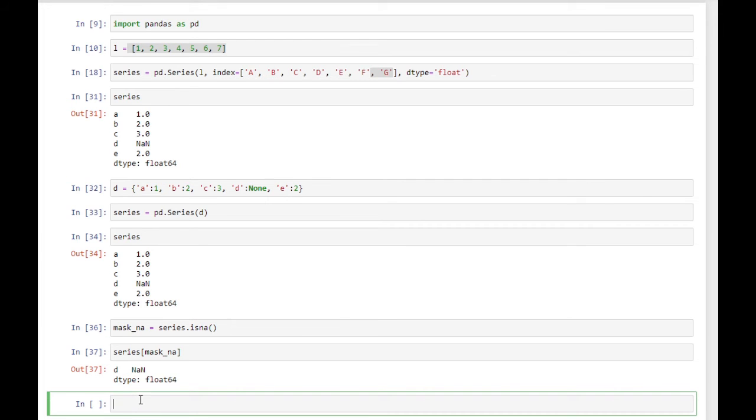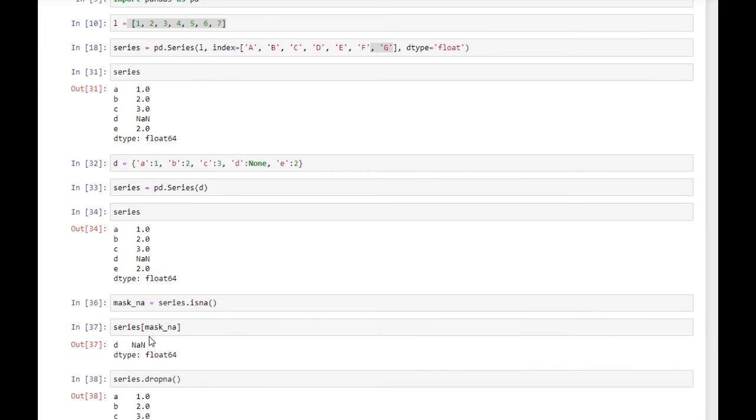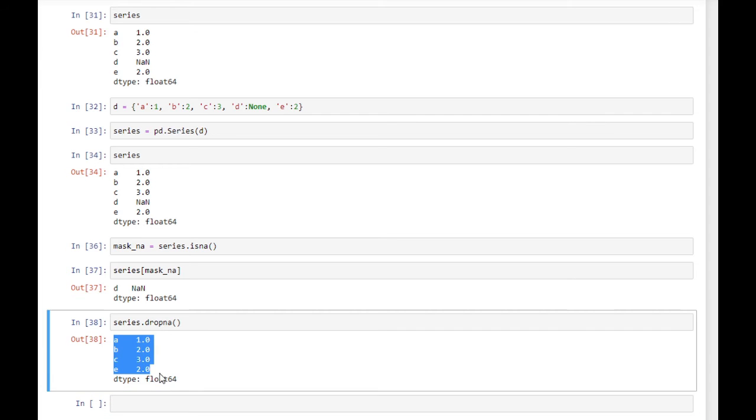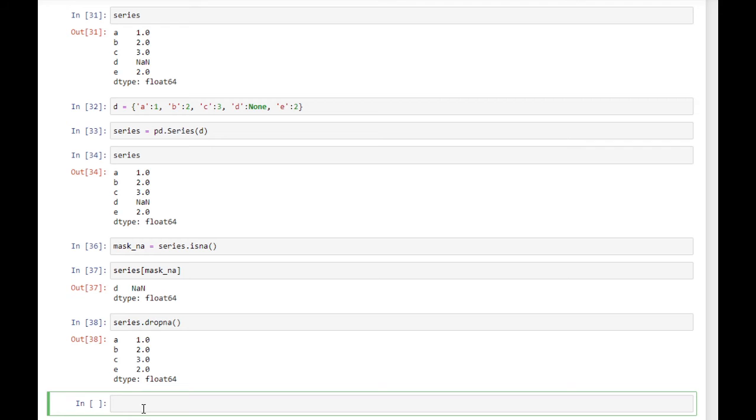We can drop these null values using the method dropna. So the null value was removed. One thing is that this operation is not in place.